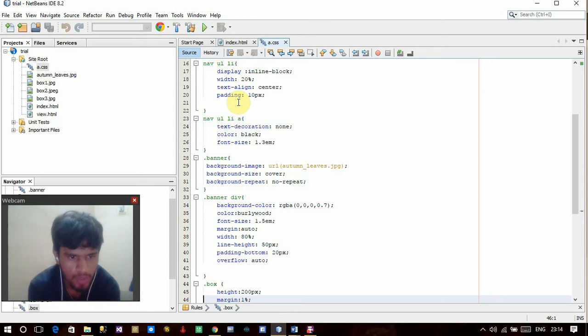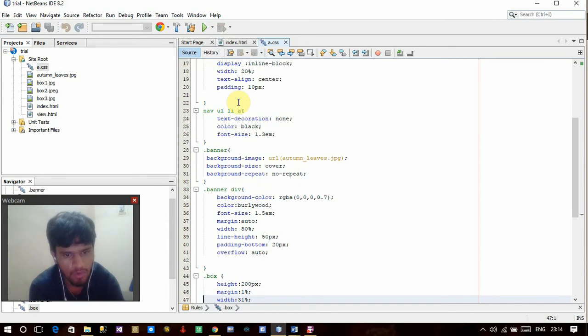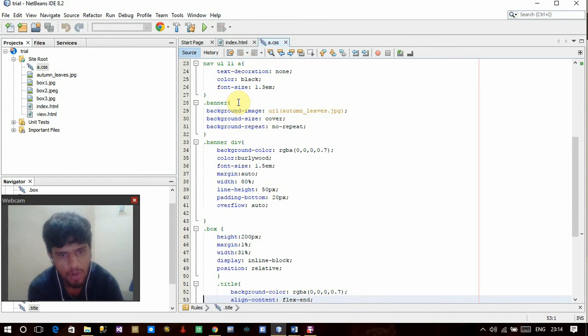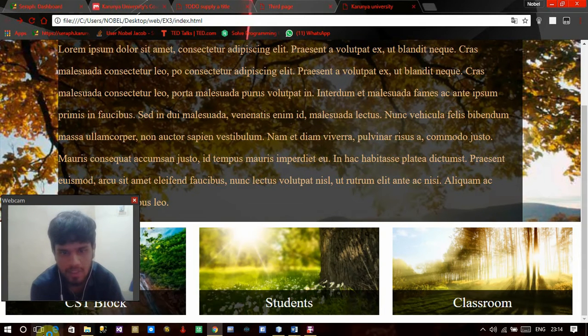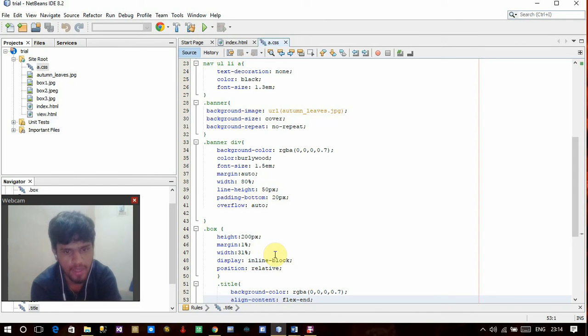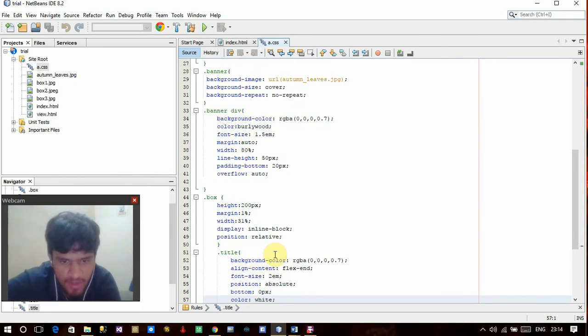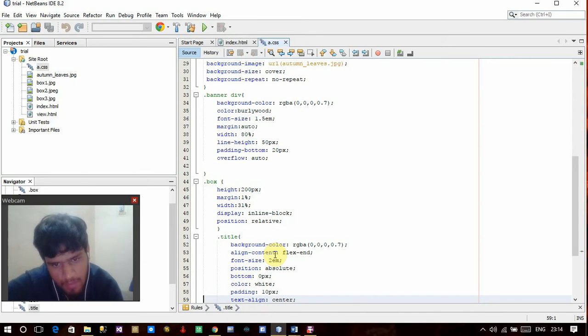I put overflow to be auto in order to restrict the overflow. For the box, I've given the height of 200 and margin to be 1 and width to be 31. This is just a quantity in order to make it in a perfect shape. And then I've given the display to be inline block, because if you see in this particular place, it is given in a line. So only I've given the particular thing to be in a line and position to be relative, because it can be changed anywhere. In the title, I've given the background color to be